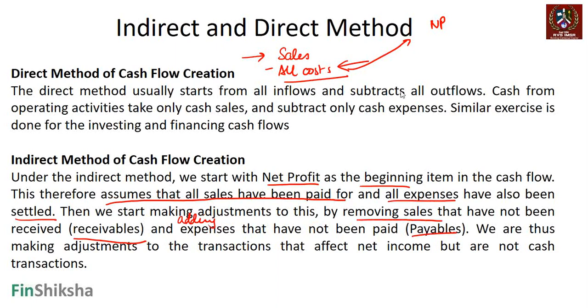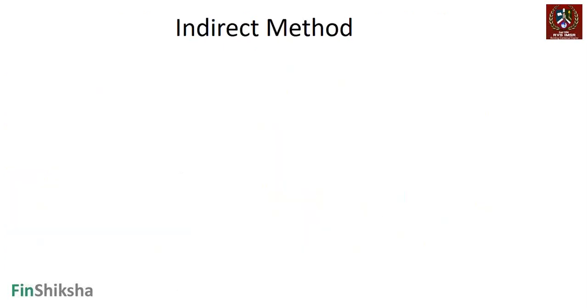We are thus making adjustments to the transactions that affect net income but are not cash transactions. You also make adjustments for the non-cash entries, right? Let's try and gauge this. When you're doing the indirect method, let's say there is a company where sales is 1,000, operating costs are 500, then you have depreciation, which is 100,